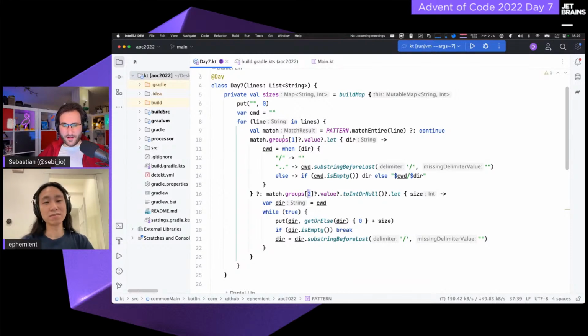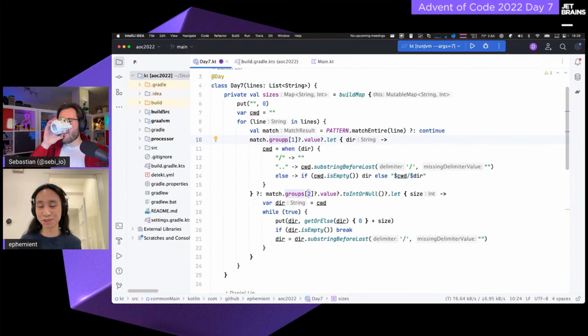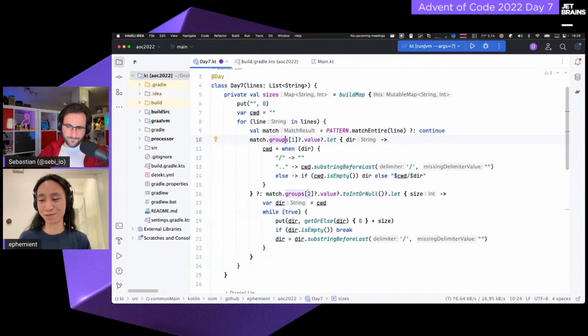So first of all, in groups, I believe the 0 is like the total string that matched the pattern. Is that right? Yes. It makes sense that it's for consistency, almost everybody says the 0th group is the entire match. If you look at other regex systems as well, but it does feel a little out of place when you're using bracketing and stuff where you expect the first index to be at index 0 almost all the time, but that's not the case for regex groups. So, well, it is what it is.